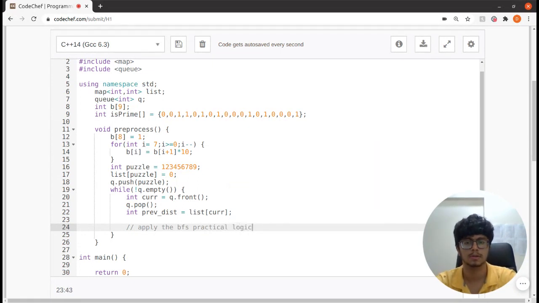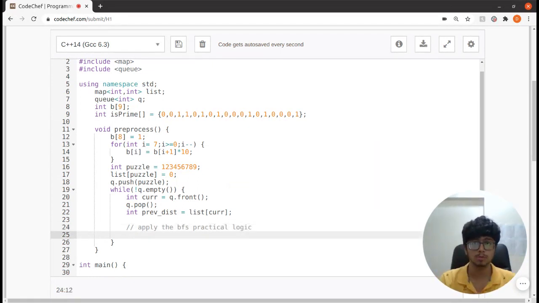Here we would apply those for loops which we saw earlier, and this essentially will traverse all the nodes of my puzzle in the BFS fashion, and it will tell me the indices that can be swapped, right? But again, you remember I had told you this BFS will only give us the adjacent indices which can be swapped, but it won't tell me if my indices can be swapped, that is, whether the sum of both the values is a prime number or not. So we need to write the code for that, and we're going to create a separate method for that. So okay, let's continue with this first.